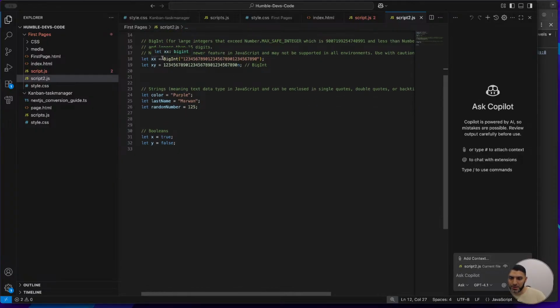And then we have something that I just want to touch upon. It's not going to be something important for you right now, but you might get in a situation later where you need to know this: an integer cannot be longer than 15 digits, because that is the length of a 64-bit data space when this is stored. So if you need to store any number that is more than 15 digits,